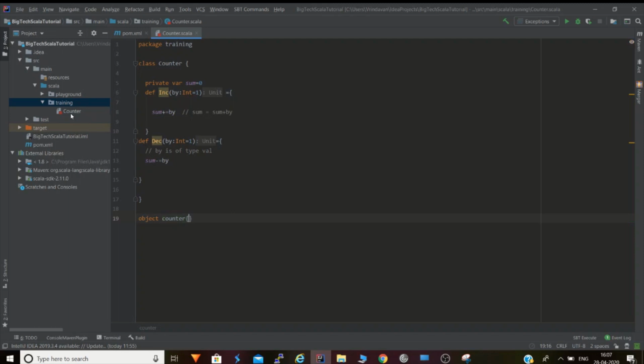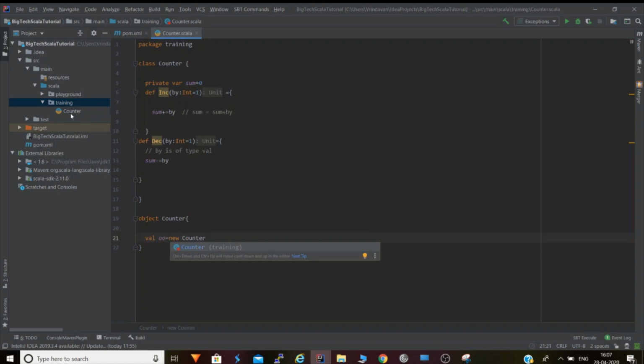You must be thinking we are having the same name. We'll discuss the significance of having the same name and what it is called when we keep the object with the same name as the class and they are in the same file.